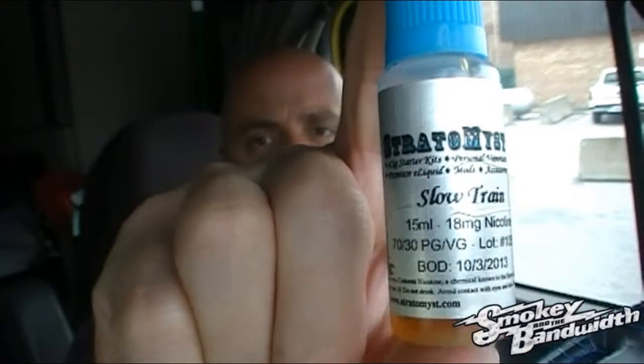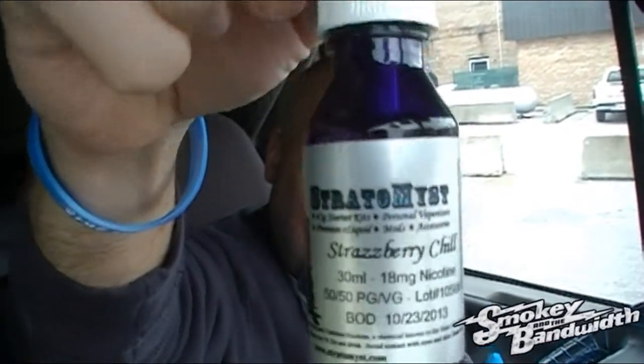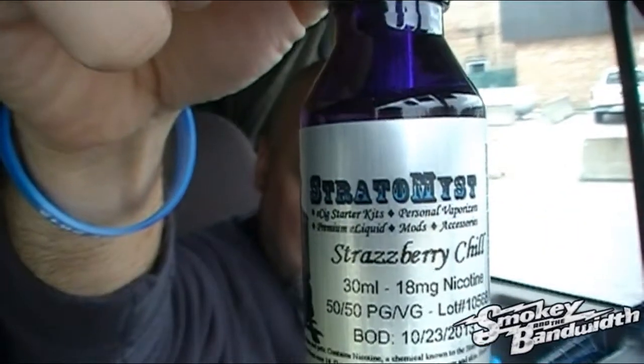Alright, so we started this review out over in Philly, but I was sick. And when I went back to watch it, I said, let me just redo it, because I got by the house the other day and picked up my other bottle of Stratomyst. This is the 15 milliliter bottle. This is a Stratomyst Slow Train, and this is a 30 milliliter bottle, if you can get it there, of